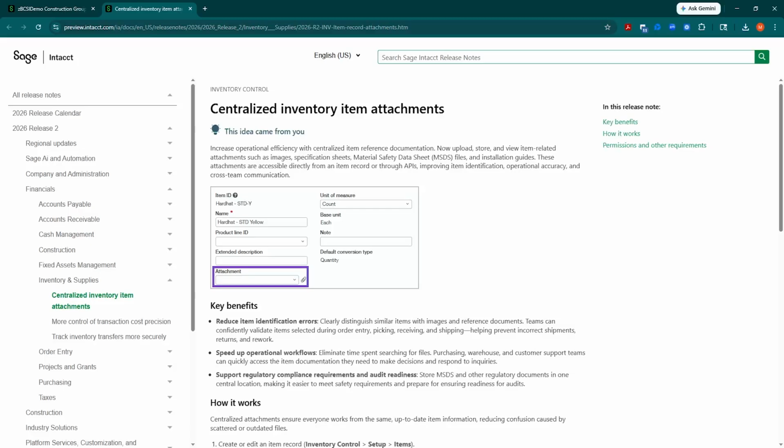This next release feature involves items, which can be used directly in order entry, inventory, and purchasing. You now have the ability to upload, store, and view attachments directly on the item record inside Intacct. These can include things like images, PDF files, installation guides,